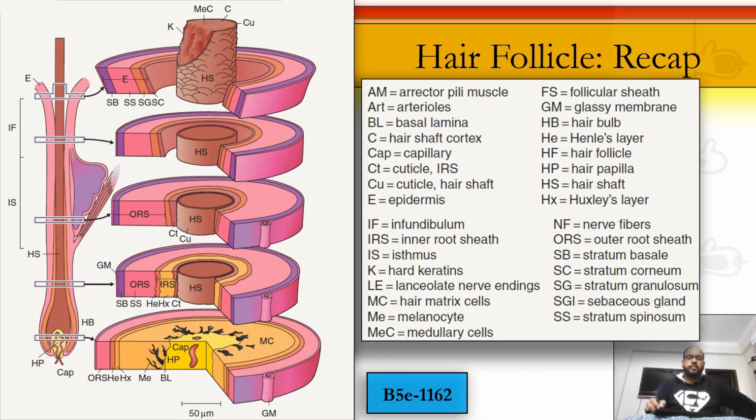Now, recapping the hair follicle layers, and this diagram I've taken from Bologna. From below to upwards, if you take a section at the hair bulb, in the center you have the dermal papilla. Then you have the MC, the hair matrix cells. These are the matricial layer responsible for growth. Outside, you have the ORS. The orange is the IRS. And then you have all the perifollicular structures.